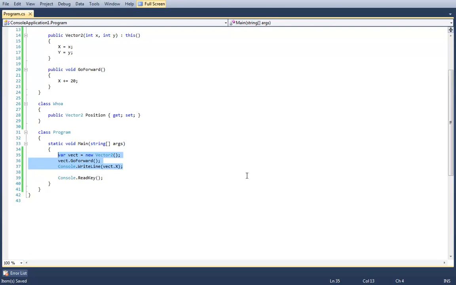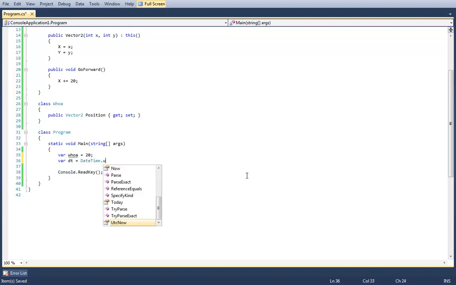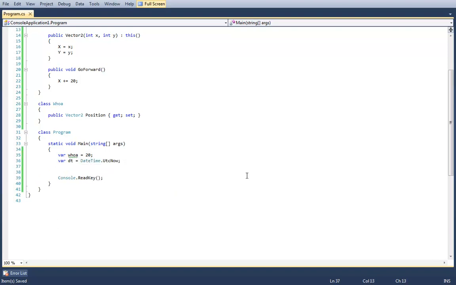Even if you look at the .NET framework, all of the structs defined in the .NET framework are immutable themselves. For example, can I change the value of this integer without reassigning it? Can I change the value of this DateTime without reassigning it? Certainly I could do this, but that's just assigning it to something else. You're not doing anything to dt. Exactly, because the AddDays method is going to return an entirely new DateTime.